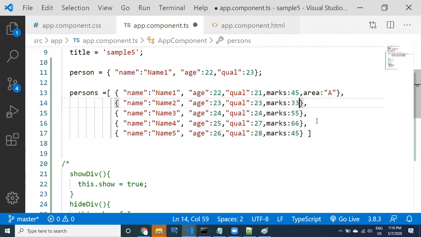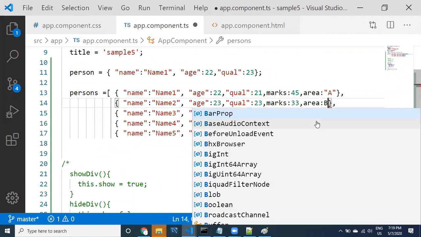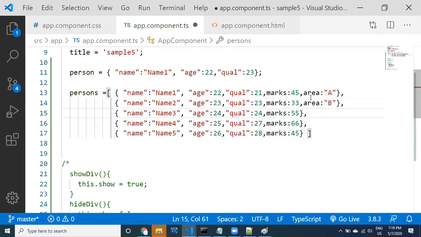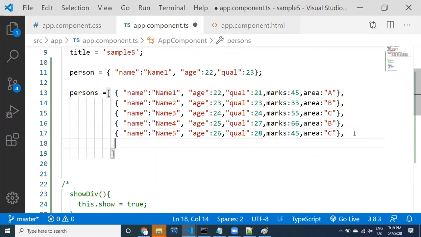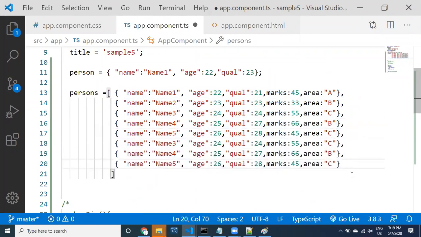This is area A, and I'm going to take area B. He is coming from B area, and this area is going to become C, and then area B. This one is coming from C, and then let me take a few others, 6, 7, 8.